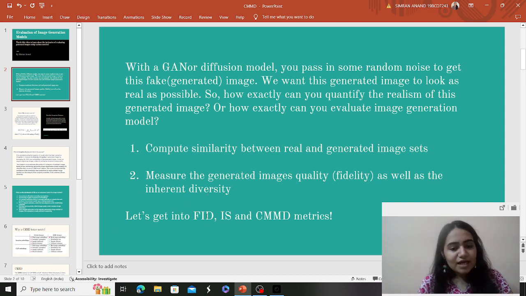I've already mentioned that we'll get into the FID, IS, and CMMD metrics. These three metrics are the most prominent, and I would also delve into the features of each of them, why one of them is better than the other, outperforms the other, and what the pros and cons of them are. I would say CMMD is something to be emphasized, because when I recently came across this metric, I found it really intriguing to know how it is overcoming the shortcomings which are faced when you are using metrics like FID and IS.